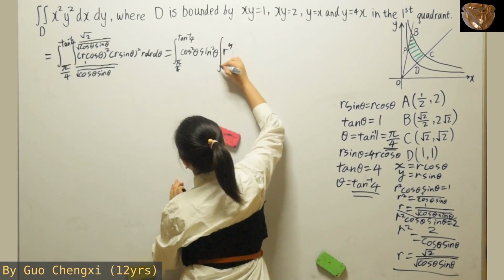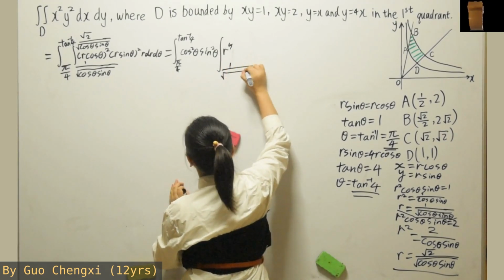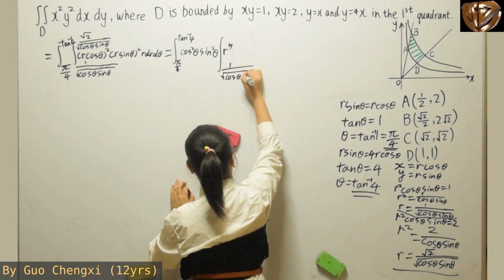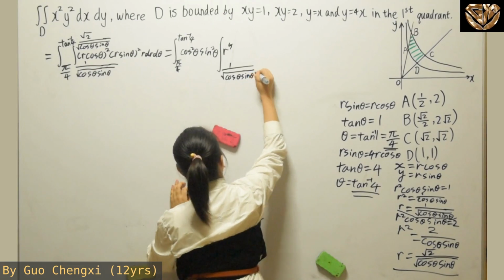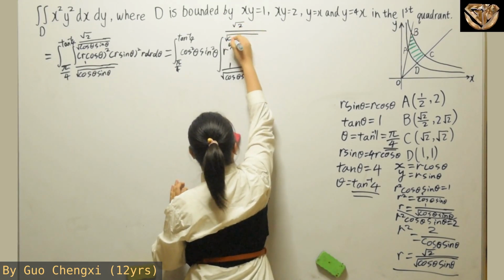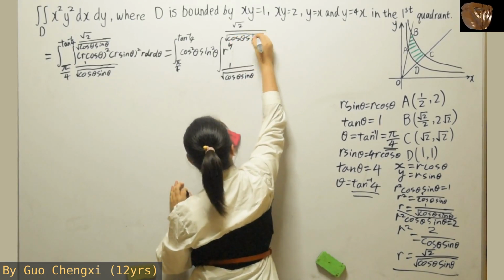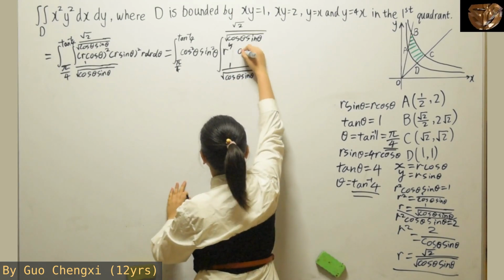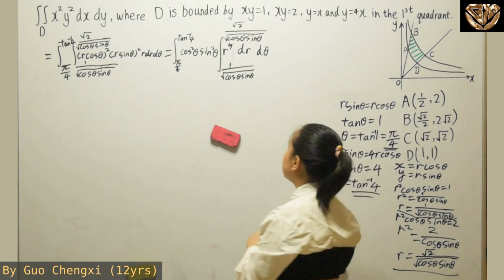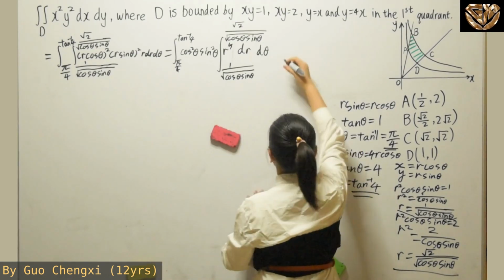So integration will be from 1 over square root cosine theta sine theta, to square root 2 over square root cosine theta sine theta. And what we're going to have here is dr d theta. Okay, alright, so now that we have gotten this part, what we're going to get next is we will integrate this, and we'll get